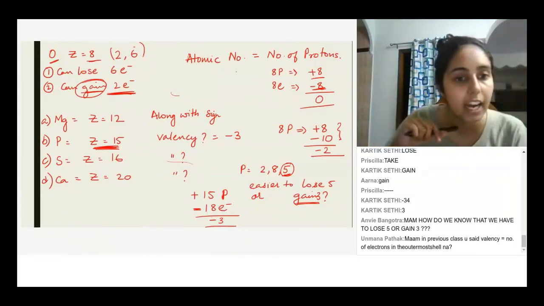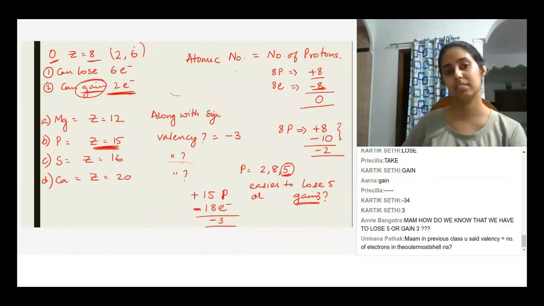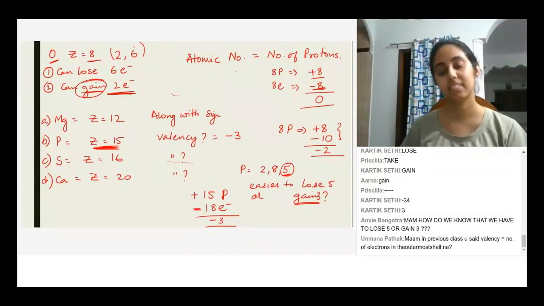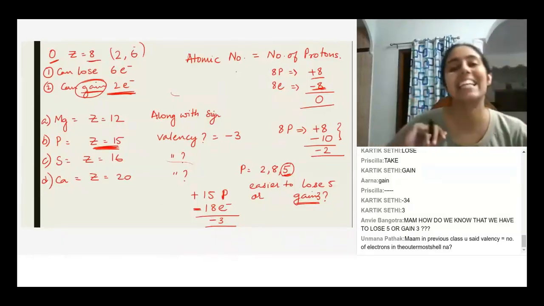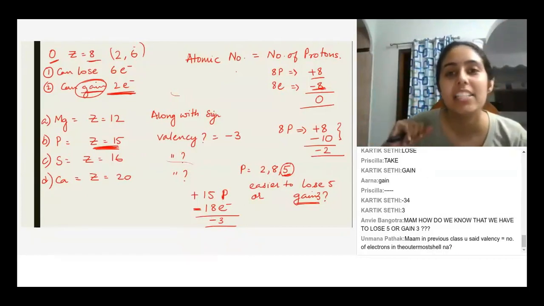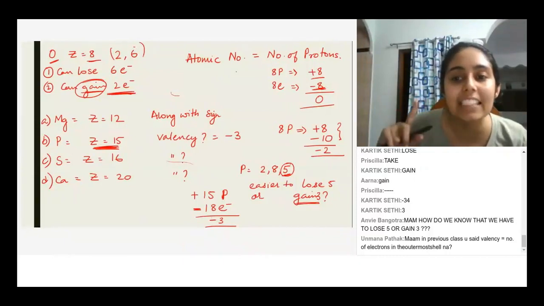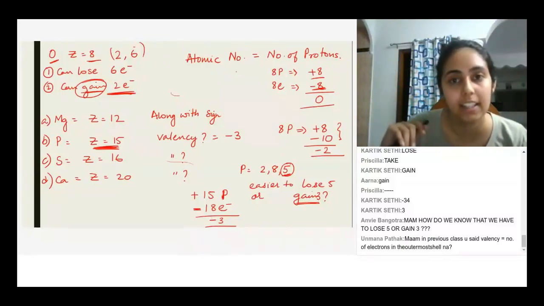So Anvi. Priscilla, yes. Ma'am, so I concluded that if we take the example of phosphorus, the valence electrons are 5 and the valency is -3. Exactly. Very good. Thank you, ma'am. Understood now. Okay, good. So, I did not understand what she said. Priscilla said the valence electrons of phosphorus, that means the number of electrons in the valence shell, are 5, but the valency is -3. Oh, okay.